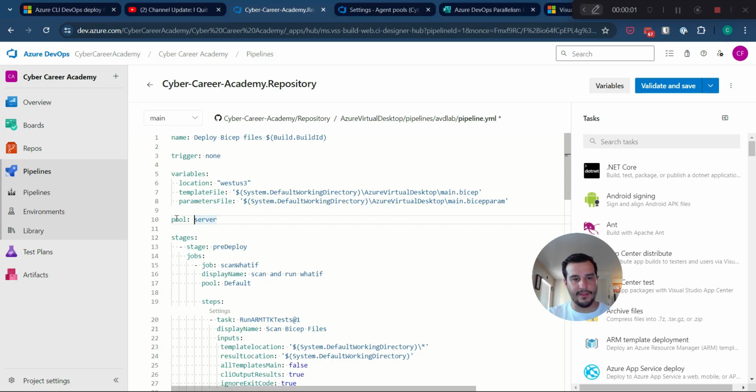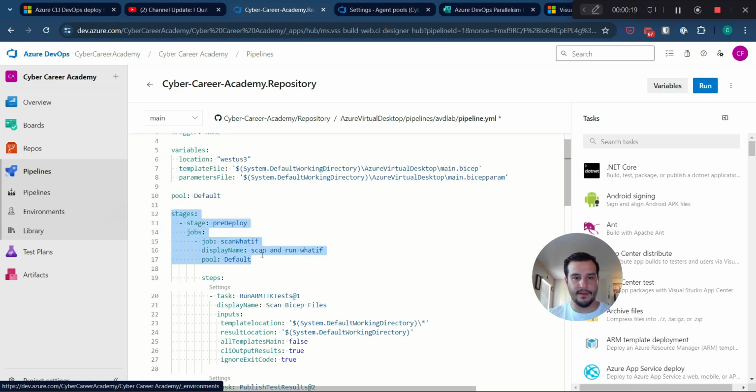But for the sake of this tutorial, we're going to put default. So next up, we have the different stages, which is pre-deploy,